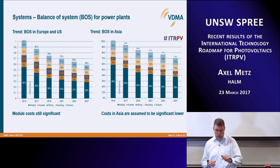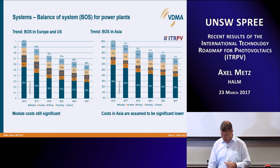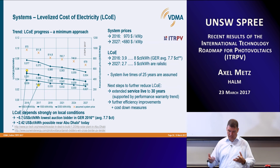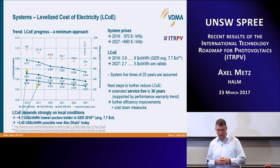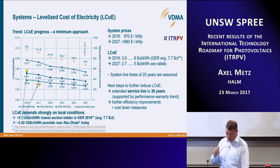Basically the fraction still stays about the same, so the modules will still make up 50% of the power plant costs. So this leads then, if we take these numbers and calculate the levelized cost of electricity, so we assume an average system price, let's say in US or Europe at